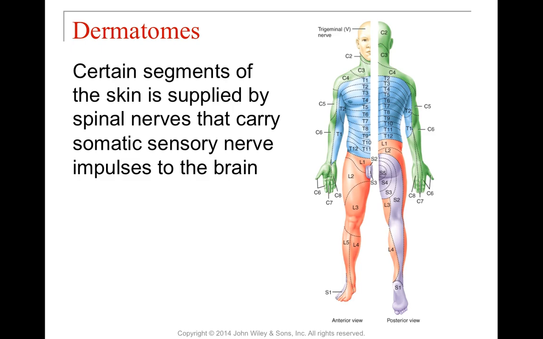All right, so this is showing something called a dermatome, and dermatomes are interesting because they're not equally reflected in the front and the back. Remember, we have root ganglia that are going to come from the posterior and the anterior region that are going to service different parts of the body. And this is showing the segments of skin that are supplied by the spinal nerves that are going to carry information from those sensory regions into the brain. So in the C region, we get the entire back part of the head, for example. And here we have the outer part